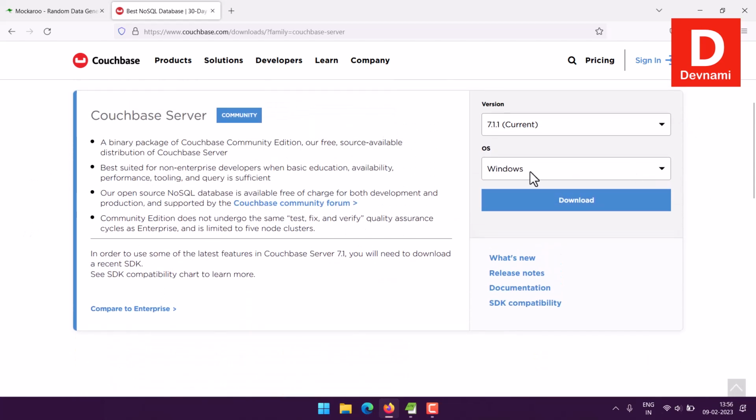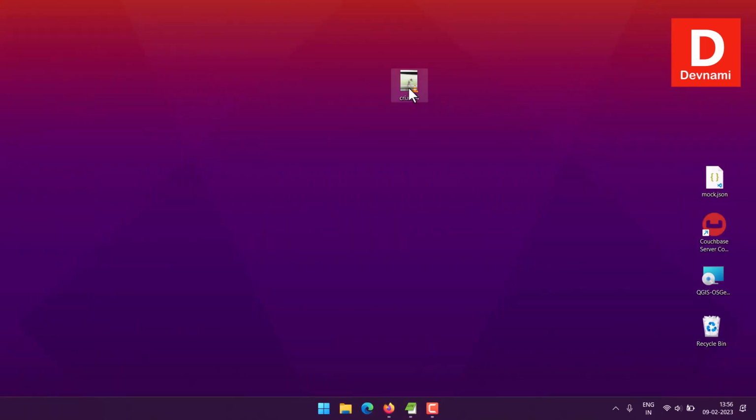Simply download it for your OS. In my case it was Windows, so I downloaded and installed it. Make sure to run the installer in admin mode so that it won't cause any issues. Once you do that, the next thing would be to simply start the server,